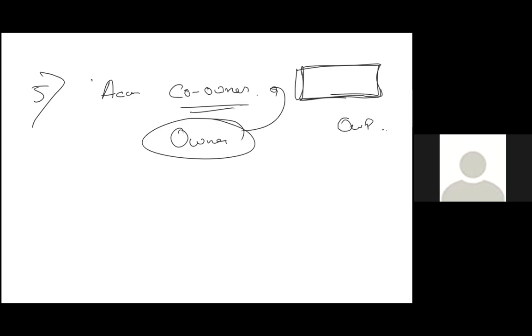But I want the co-owner to also be able to see that record automatically, because he's the co-owner on that account. So I cannot use role hierarchy, because the owner may or may not be my boss. I cannot use sharing rule, because I can select anybody. I don't know whom to share. Sharing rule would need a set of users to be shared, but all users in this organization can be selected in this field.